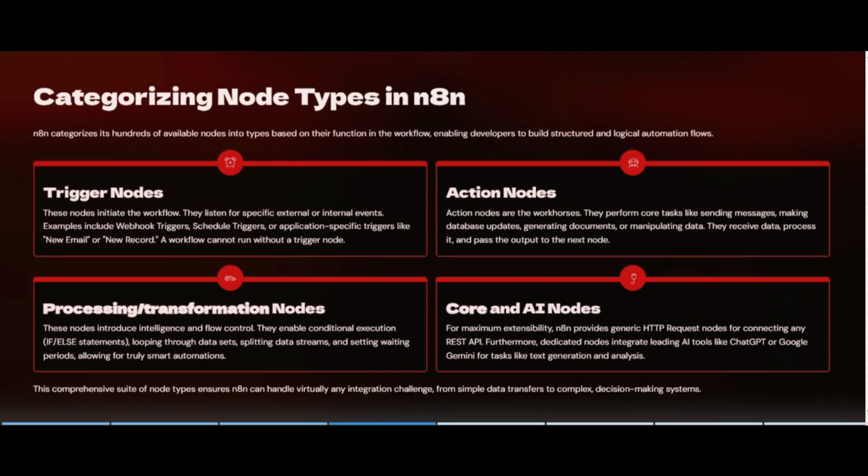For maximum extensibility, n8n provides HTTP request nodes.